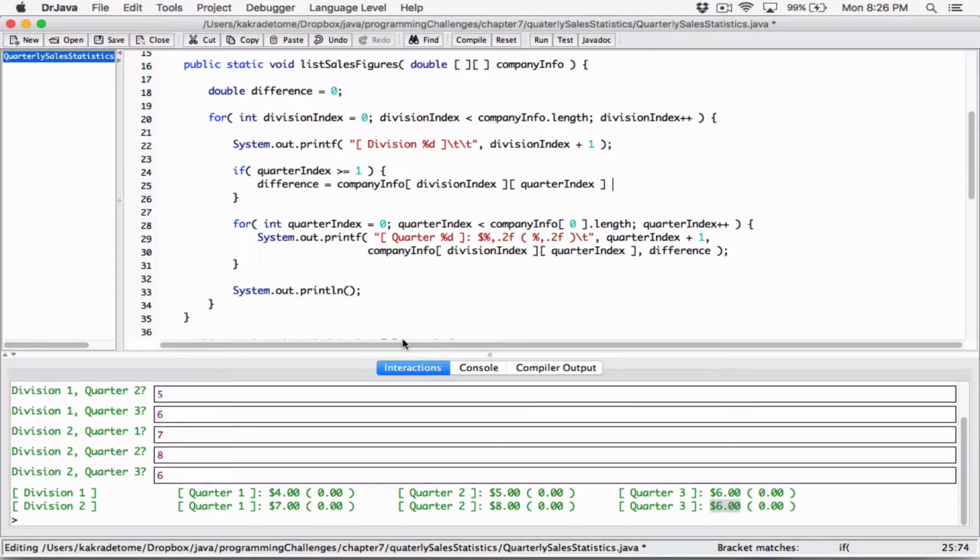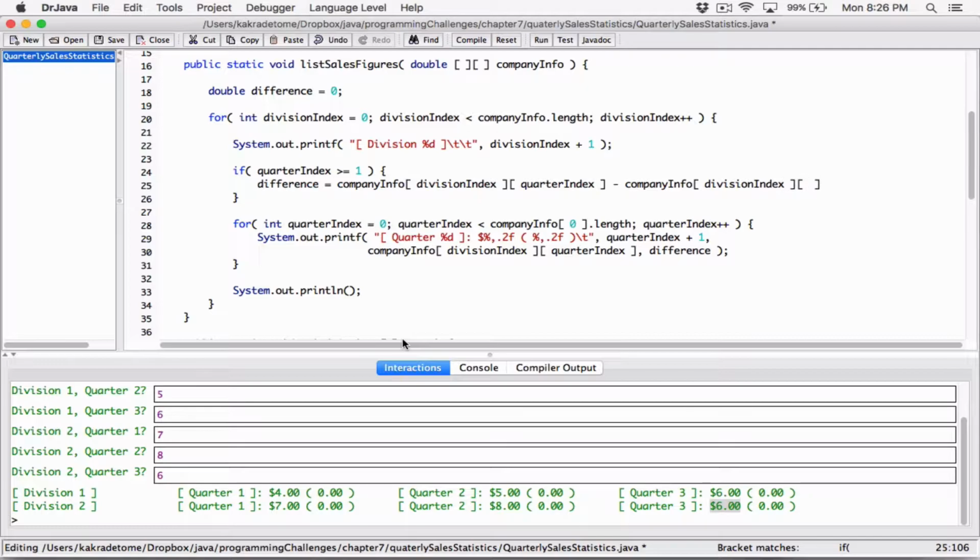But we want to subtract its previous value. So company info, the particular division index. I hope I'm doing this right. I think so. And then